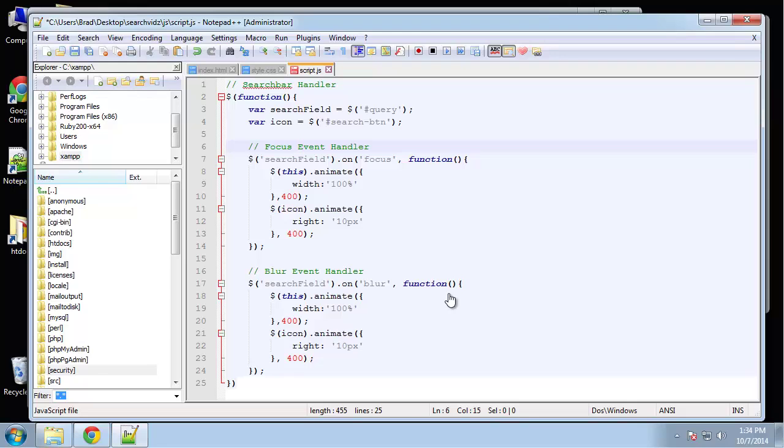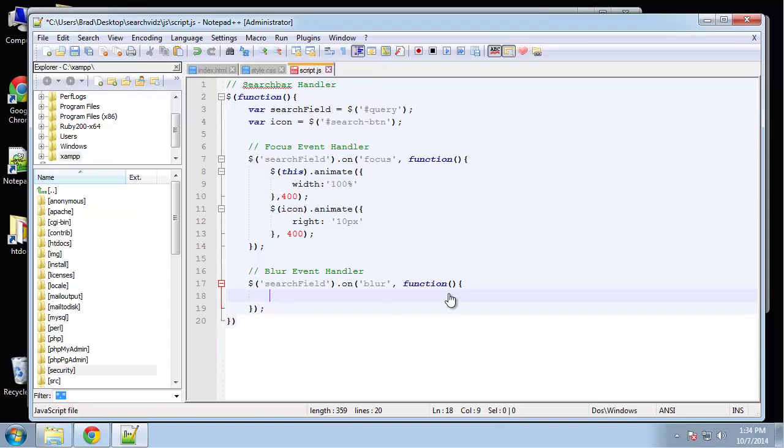Actually, let me just get this stuff out of here. Then we're going to have an if statement. What we're going to check here is if search field, the value of search field, so we're going to do dot val, is equal to nothing, then